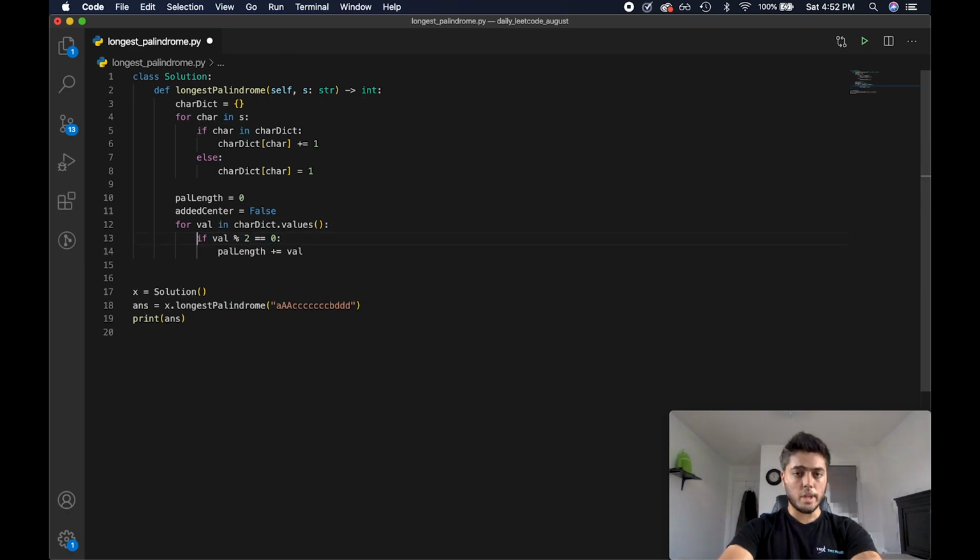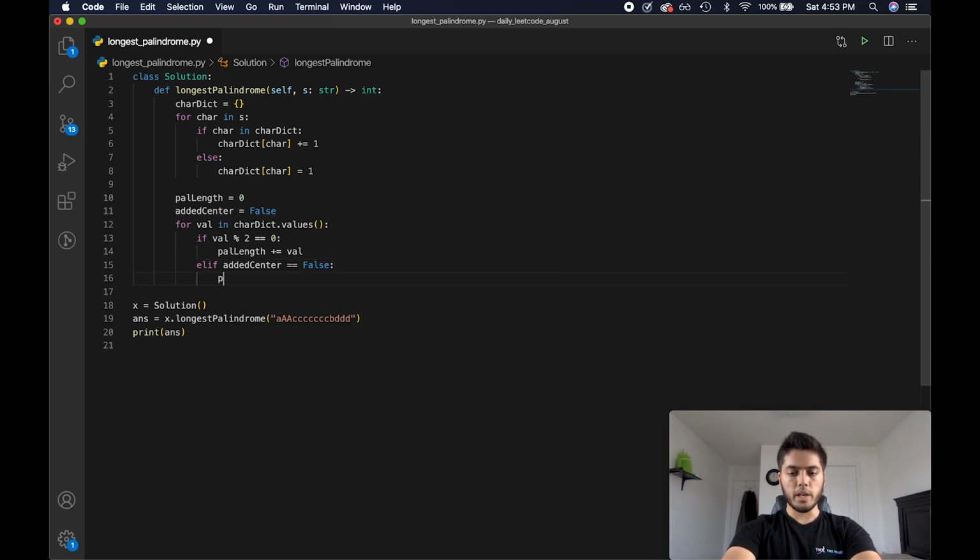If this if condition was not triggered, we know that this character occurs an odd number of times. So now we need to check if we're able to add it to the center of our palindrome. If we have not added to the center of our palindrome yet, then we can increase palindrome length by the value, because we're able to put one of the odd characters in the center of the palindrome and put the rest remaining on either side of the palindrome. So we're able to use all of the characters from that. And then we will set